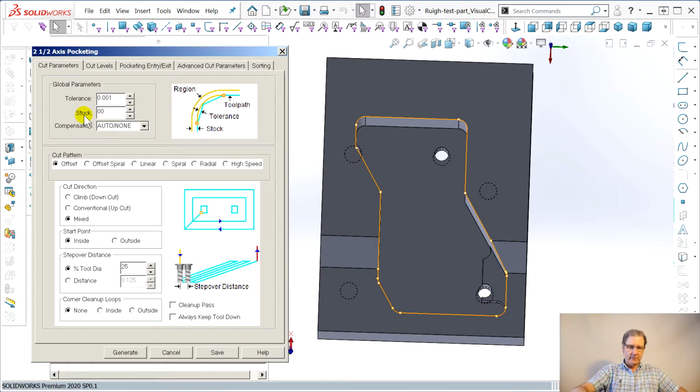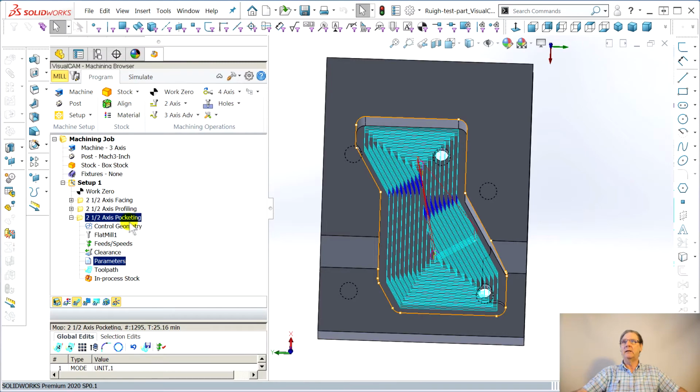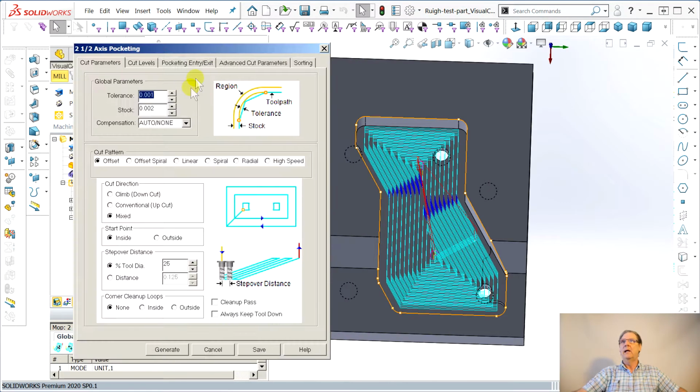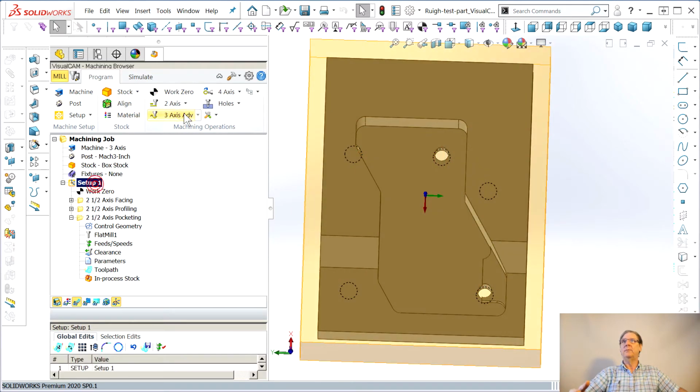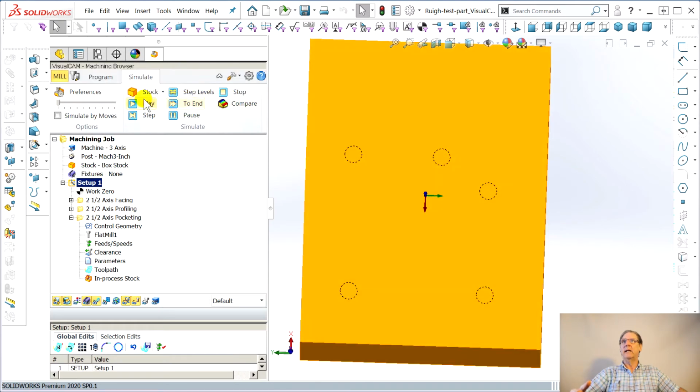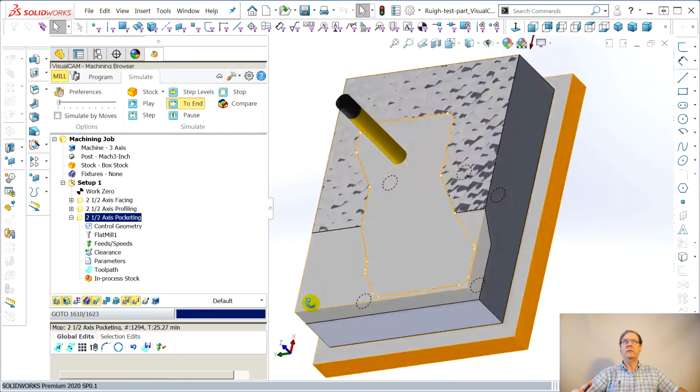And then I found 0.002. Sometimes it just refuses to obey. You have to do it in a couple of whacks. You have to give it some kind of tiny number, and then, like I say, is this just because this is a Windows 7 obsolete operating system? Okay, I think this is where it's supposed to be. Let's find out. Go up here, say simulate. I kind of like this too. Go to the end, bang, we're there,